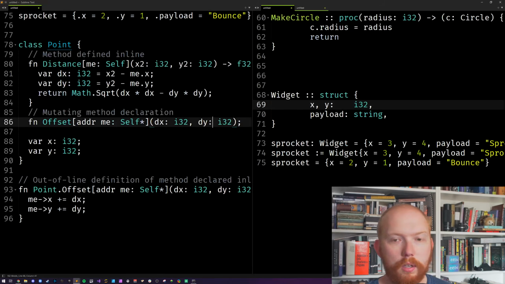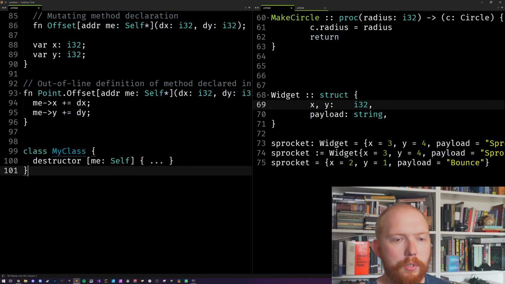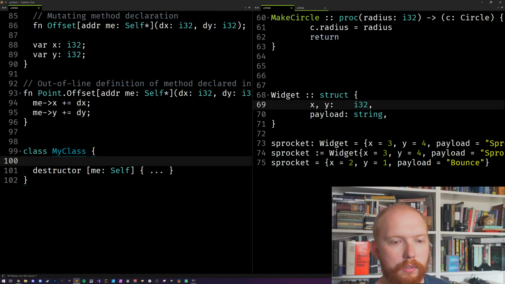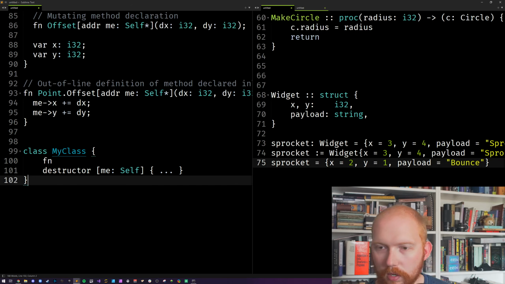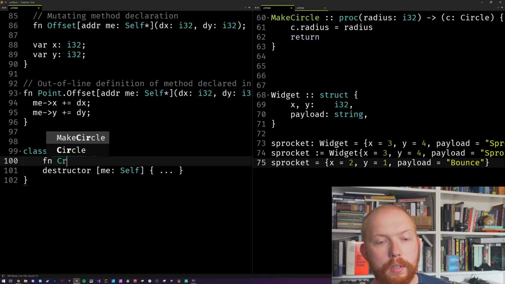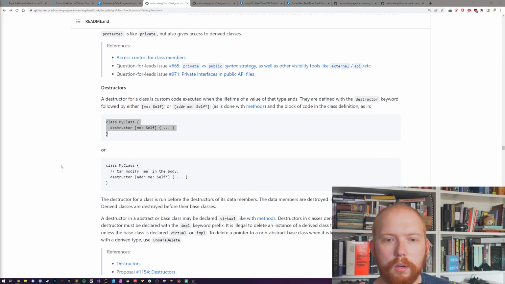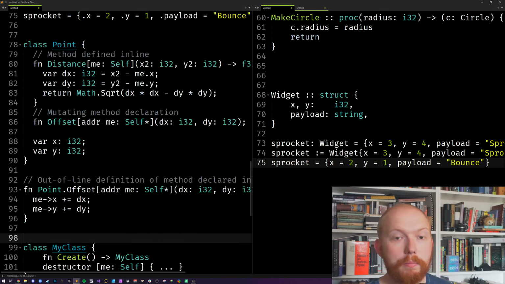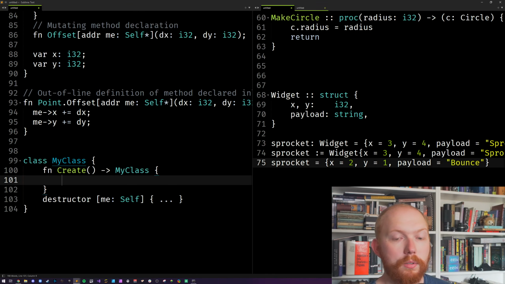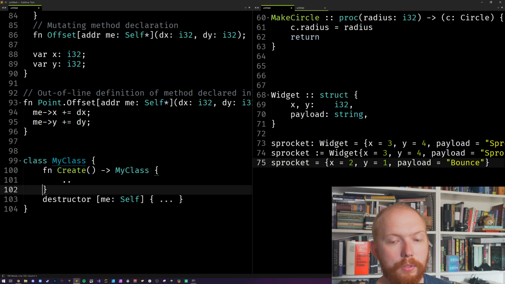So they're using destructors. I'm just going to copy and paste this. I'm going to try to make this very clever. Oh, not very clever, but you know what I mean. I'm just func. Let's make this 4 for you guys because it's getting a bit big. Sorry, I'm used to 8. Yes, I'm one of those weirdos. Create, and I'm guessing it's my class. Whatever. There might not actually be the syntax anymore. I'm just going to make up syntax. I apologize to people who are now using this language and looking back at the past like, hey, these are my first impressions. Whatever. I'm just going to put ... in there.